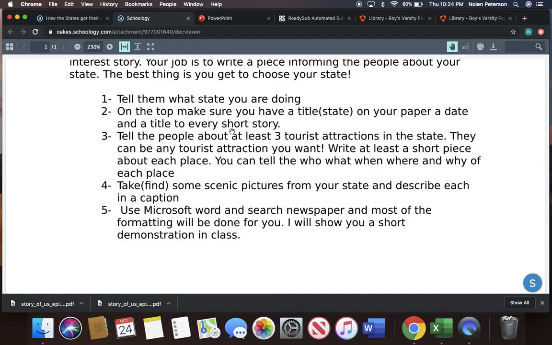If you just find a place in your state, they're probably going to have a website and they're probably going to have some info on there. And basically what you're doing is pulling off the who, what, when, where, and why of each place that you go to. So, the 3 tourist attractions. Find, as number 4 says, some scenic pictures from your state, and you could relate them to your tourist attractions, and then describe each in a caption, and I'll show you that template here in a second. And then finally, use Microsoft Word and search newspaper. Most of the formatting will be done for you, and I'm going to show you right now how to do that. So I'm going to click on Word,